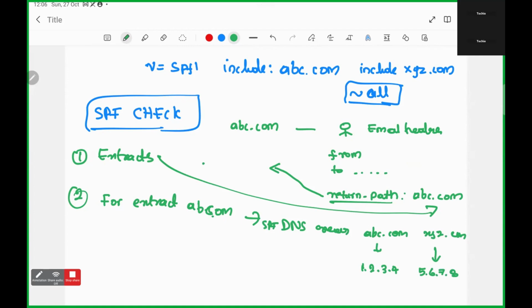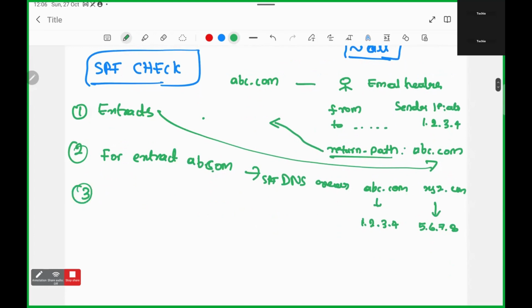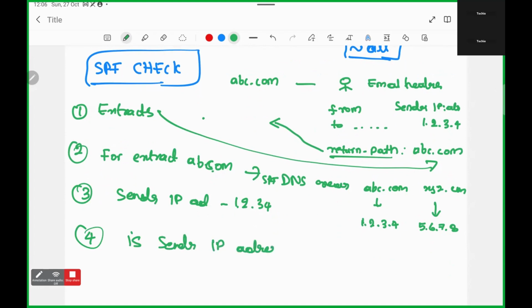And I forgot to tell another thing: in an email there will also be a sender IP address. Here abc.com is sending, and the sender IP address is 1.2.3.4. So now in the SPF check, the third step is it extracts the sender IP address, which is 1.2.3.4. Now the actual check is whether the sender IP address is in the return path